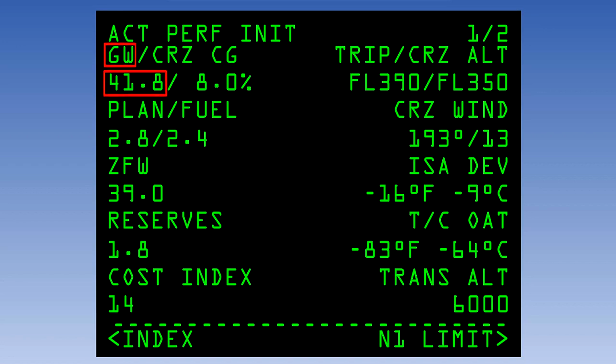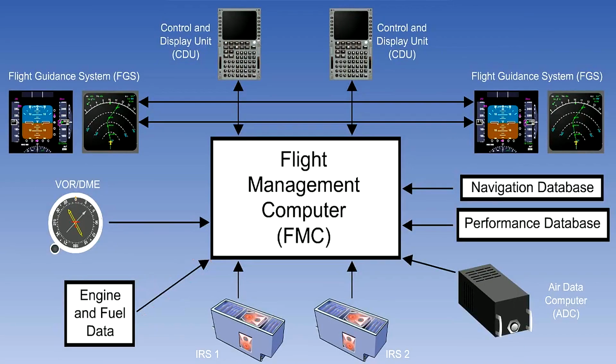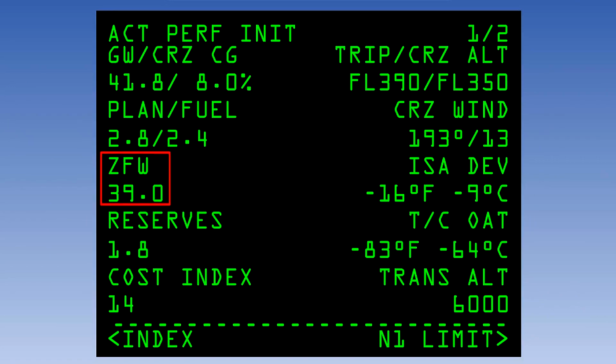The gross weight in metric tons in this example is taken from the dispatcher's trim sheet. The desired cruise altitudes are entered. The planned fuel from the trim sheet is entered. This is compared with the actual fuel gauge measurement, which is directly connected to the FMS. If there is a discrepancy larger than a specified limit, a warning will be given. The zero fuel weight is entered. This is added to the fuel figure. The answer should be the gross weight. If it is not, again, a warning is given.